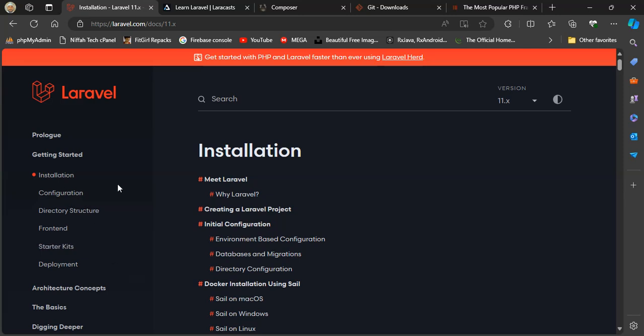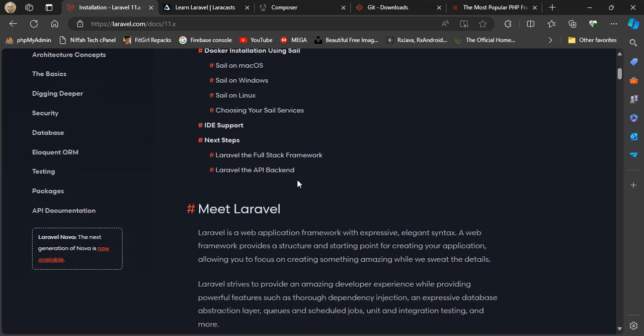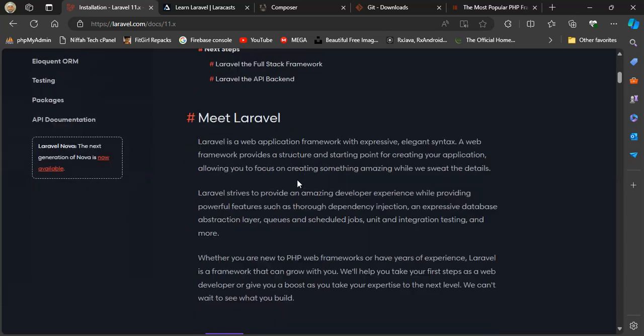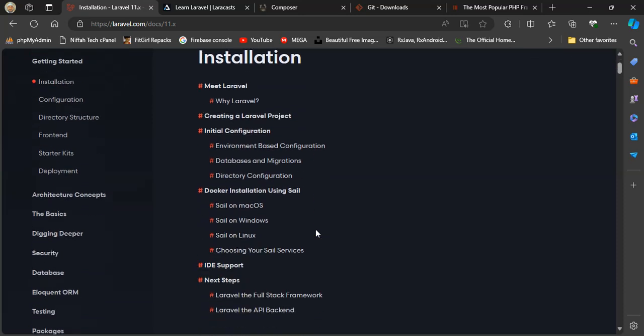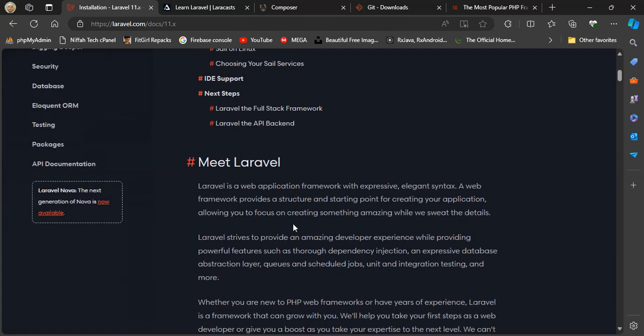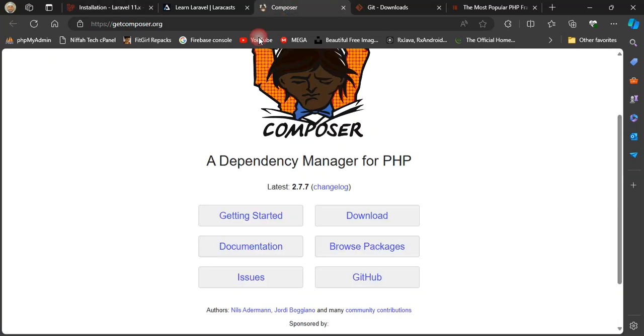So in this episode, we'll just install our project to get ready for development, because you cannot develop a Laravel application on your own. You will just have to install it, and the skeleton is going to be available for you. So the first thing which you have to do in your local machine or in your PC is to install Composer. All right, you will go to